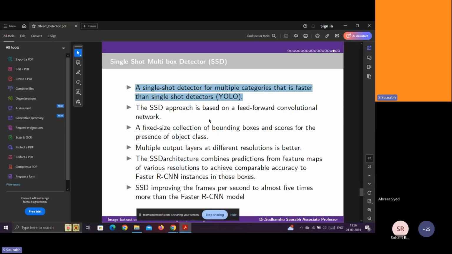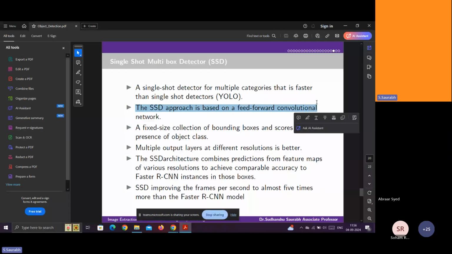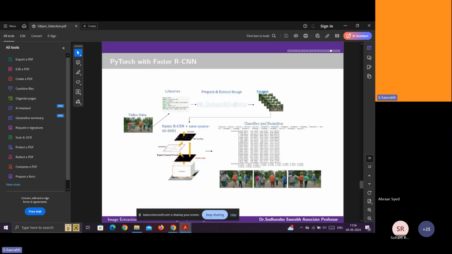And why SSD? It is based on the CNN forward approach. It works right from the second hidden layer to the last hidden layer. It works till then. And the bounding box and related score. See the blue color. These are the bounding boxes, and the related probabilities are here.